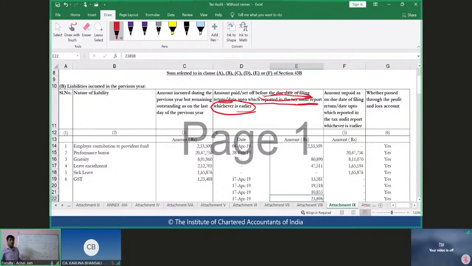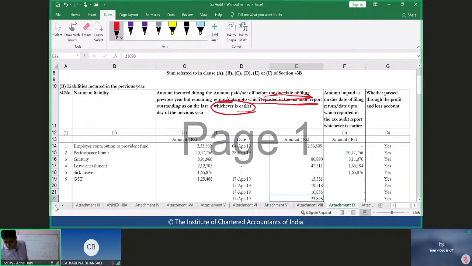Yeah. So some of the amounts like leave encashment, some of the amounts like payment of bonus, which are generally planned around Diwali, and which also happens to be the period around which income tax return is finalized, or that is filed, or the tax audit report is finalized. So the management will keep some reserve to make all of these payments, and management would want this tax audit at times to be deferred till that date, so that they can claim all of these amounts in their income tax return for the current year itself. Yeah, clear on this?